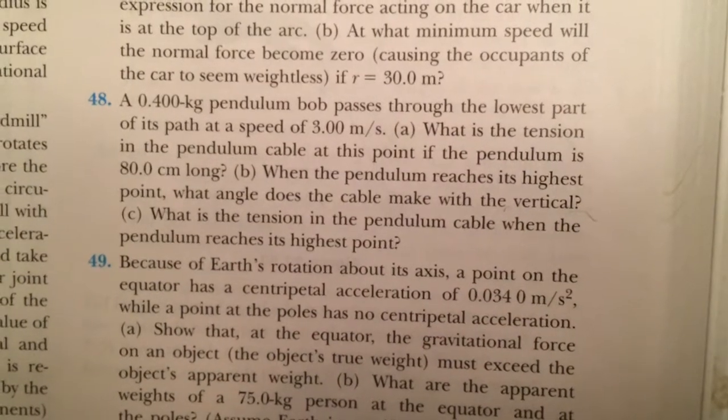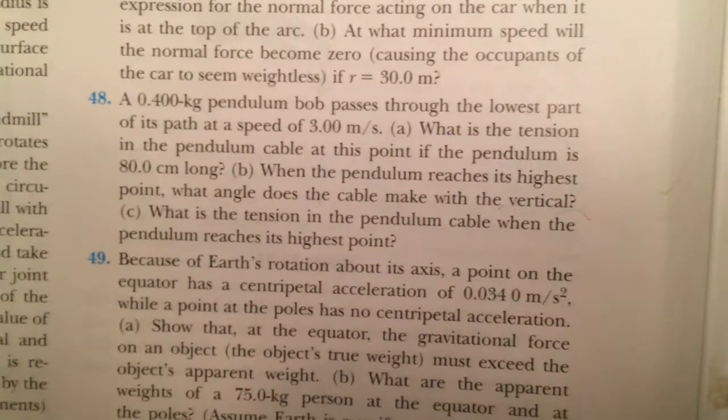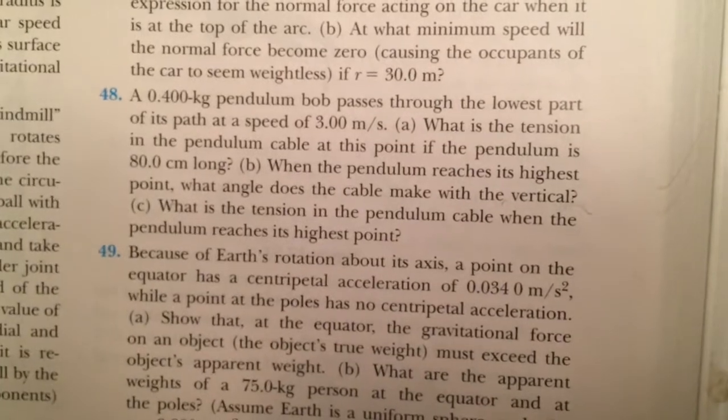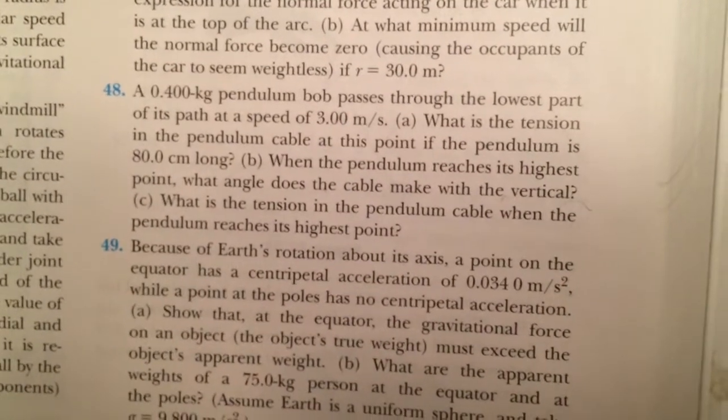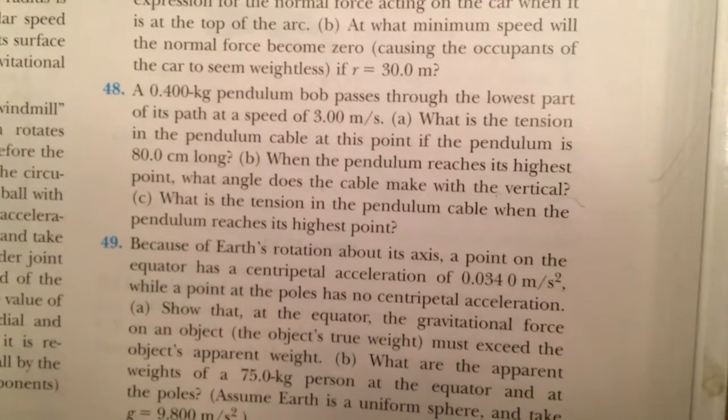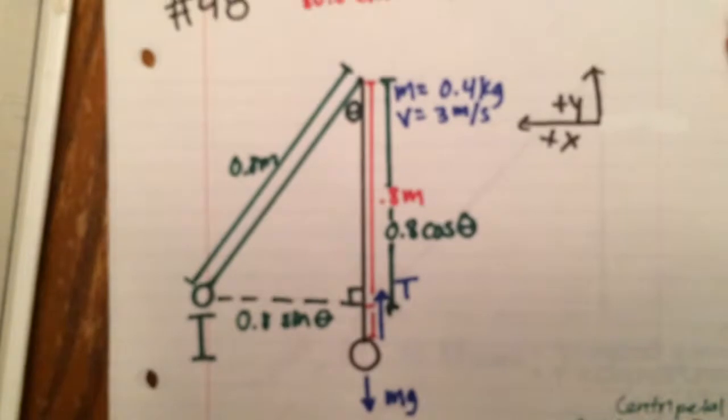48. A 0.4 kilogram pendulum bob passes through the lowest part of its path at a speed of 3 meters per second. A. What is the tension in the pendulum cable at this point if the pendulum is 80 centimeters long? So to solve this problem, at first,